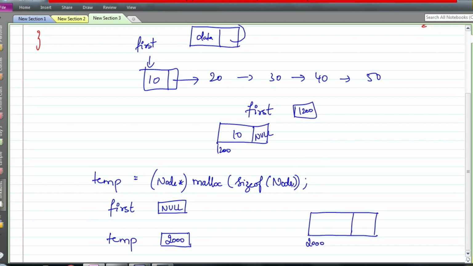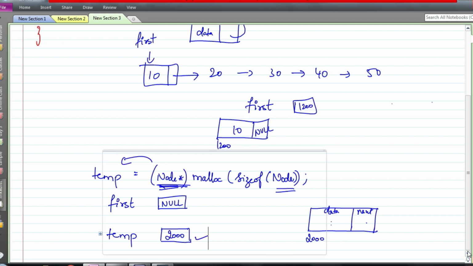So however many bytes are required to store this node data type, that many bytes of memory are allocated. After allocating this memory, it is converted to node star type, and this address. What do we mean by converting it to node star type? In node we have 2 elements, no, one is the data and the other one is a pointer. So accordingly this will be named. Here you are going to have data, here you are going to have next. So by giving this as node star, this type of naming will happen. And this address is now stored in temp, which is what has happened here.